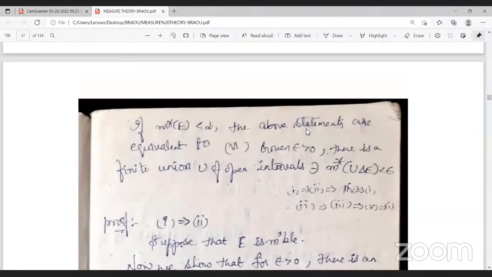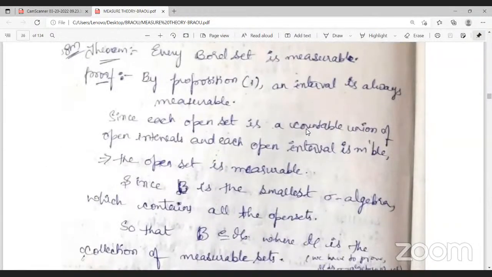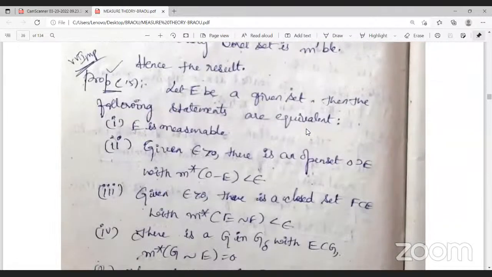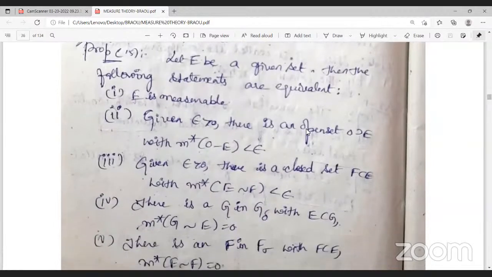Phase 1. Every Borel set is measurable. M star of